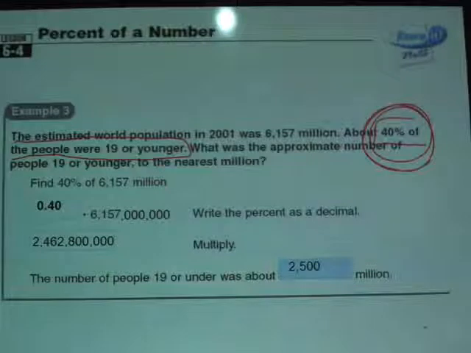So 40%, again, I'm going to change that to a decimal, 0.40, get rid of the percent sign and move the decimal twice to the left. And with of meaning multiply, I'm doing 0.40 times 6,157 million there. And when I do that, the result turns out to be